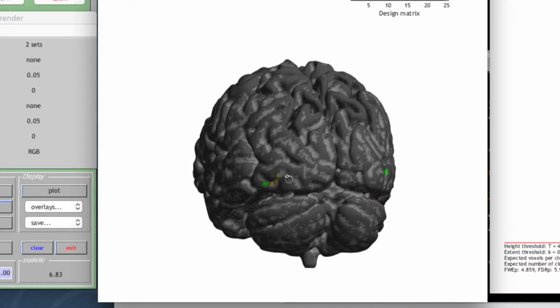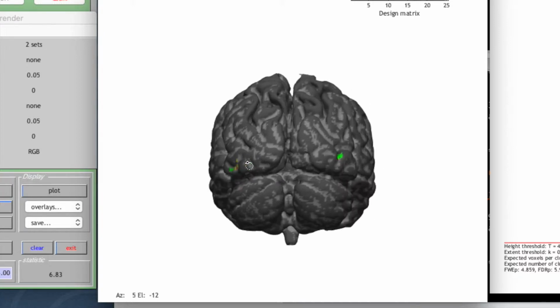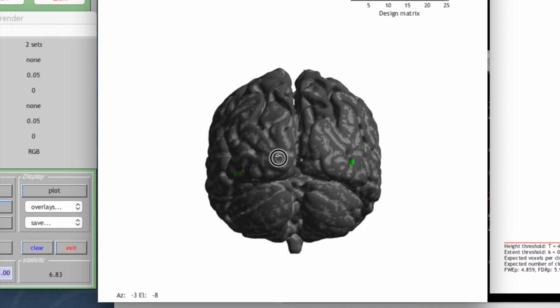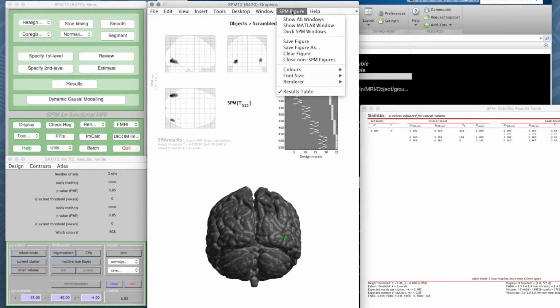Even if you use this and look at the effects of interest, it doesn't appear to show up as such large areas of activation as when you look at other visualizations. So if you want to, you can spin this around, look any way you want, and if you want to then use that data in a report when you write it up, you can go to SPM figure and you